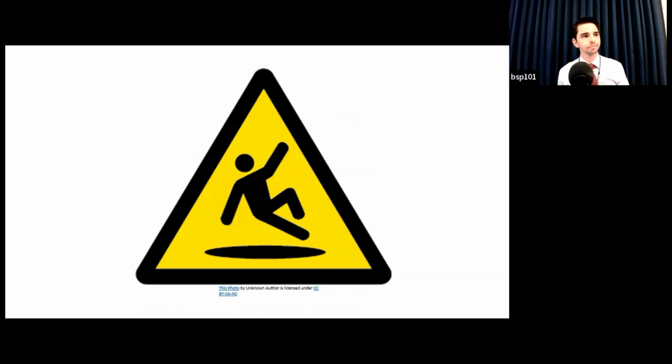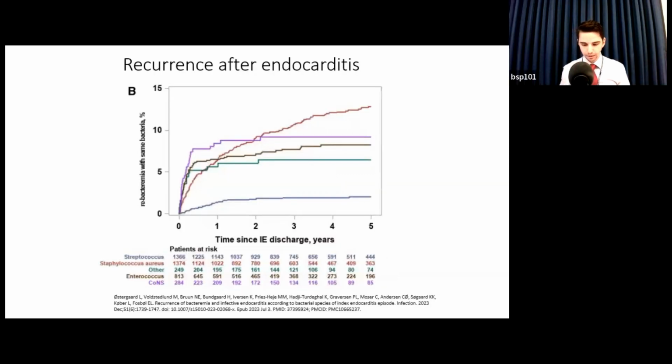Right. Right. And so this paper dealt with a lot of patients, thousands of patients. And so they didn't really go too deep into the details of treatment, but all patients that were included were treated for endocarditis. So it's possible that some were not treated as thoroughly as we would have hoped. And that's probably the case with Streptococcus, and probably the case with Enterococcus and coag-negative staph in this whole group of patients. But yeah, much higher rates of recurrence years out with Staph aureus.